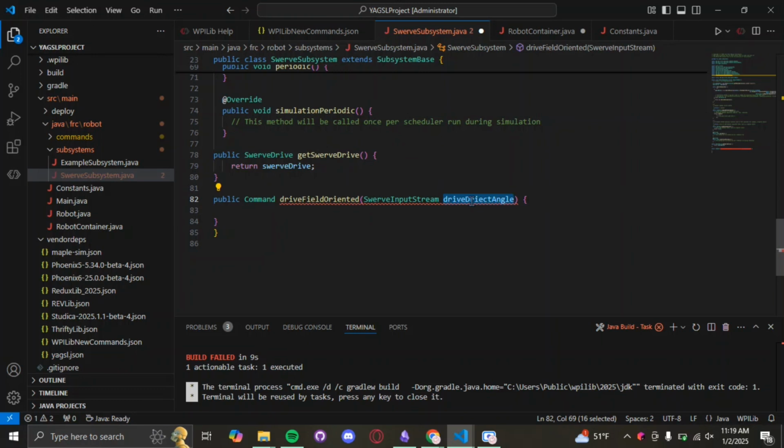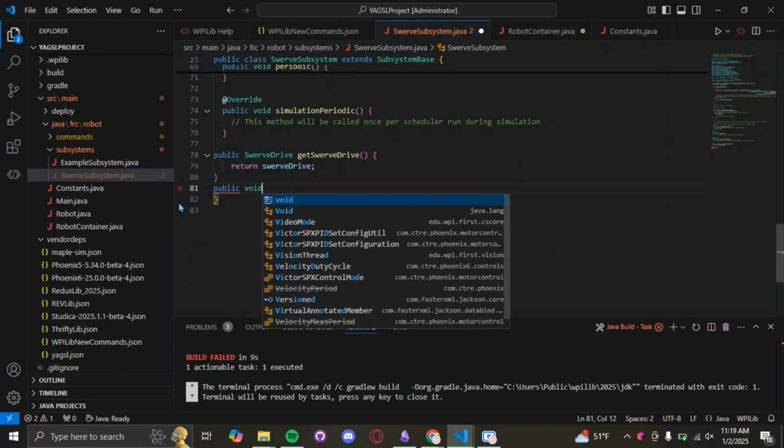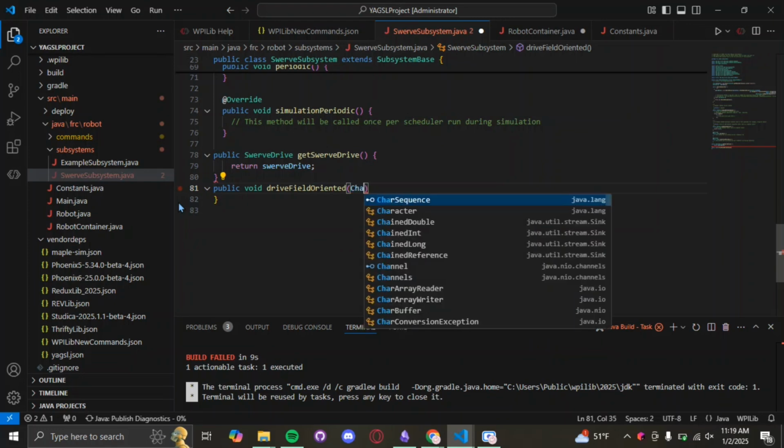So we are going to make a drive. So we're gonna make a void. Okay, you know what? I'm just gonna get rid of this whole entire thing, and we're starting from scratch because that was unhelpful. So we are going to make a public void